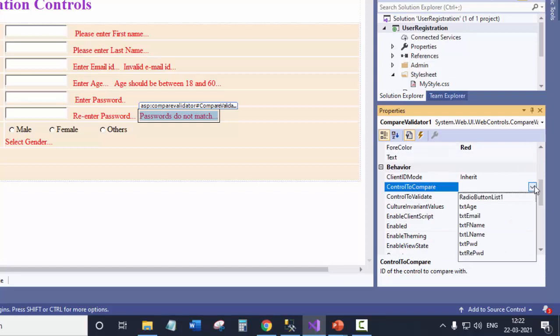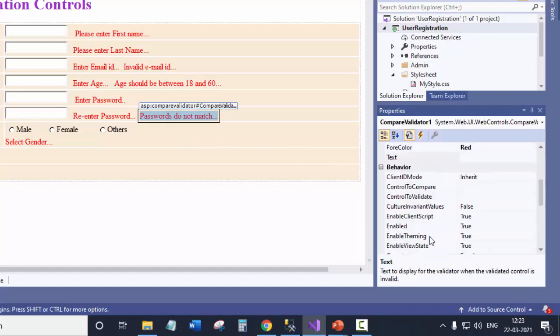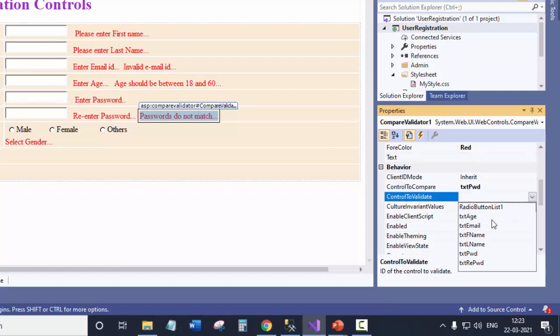Control to compare. Which control do you want to compare? You want to compare the control with the password one. So this field has to be compared with this field, and that is what we see here, control to compare. The control to compare is txt password, and the control to validate is txt re-enter password.